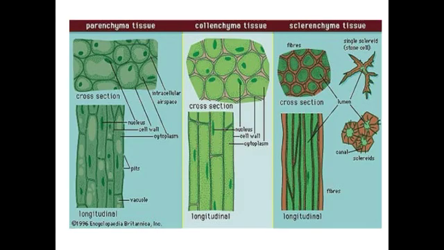Let us move to the diagrammatic representation, and this is the parenchyma tissue, which is loosely packed and the walls are very thin. You can see the structure. This is the longitudinal structure of the parenchyma cells, where there is a thin wall of the cell. You can identify this. The next one is a collenchyma, which is a little bit thicker, and the cell wall is surrounded by